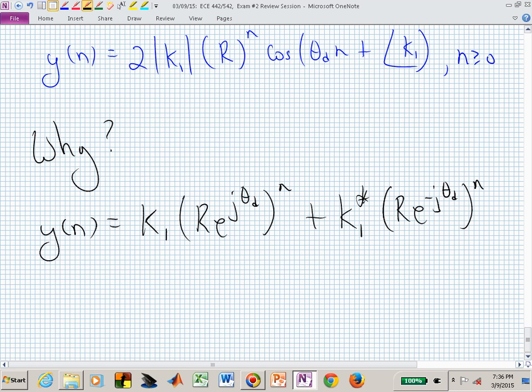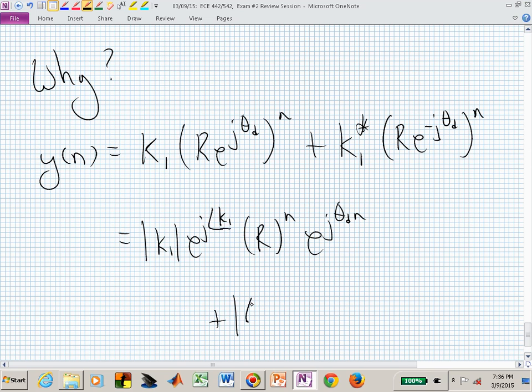That's by definition of that z K1 over z minus r e to the j theta sub d, for example. But now K1, remember, is complex. It has a magnitude and an angle. We can say that we have a K1 e to the j angle of K1. And we also have r to the n e to the j theta sub d n